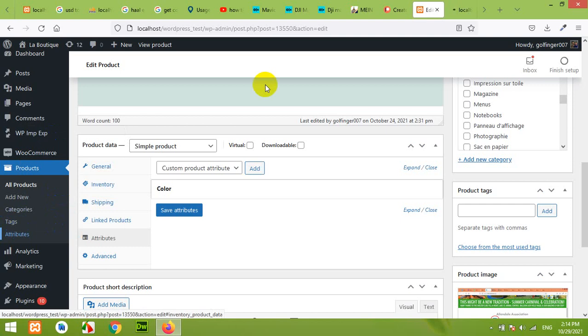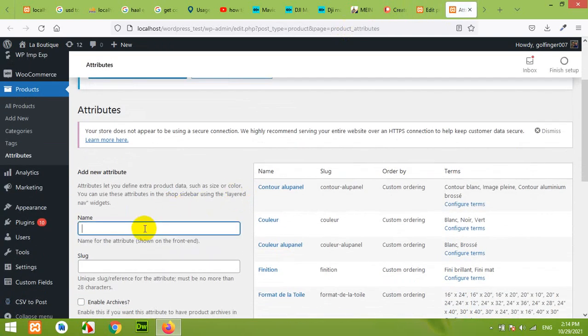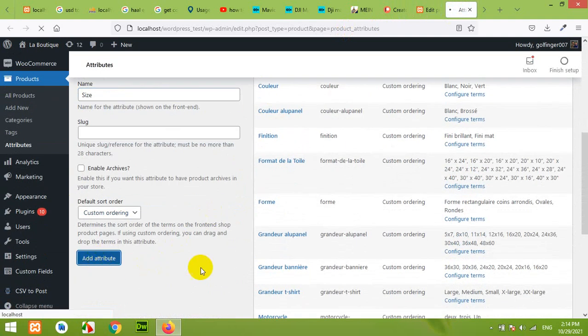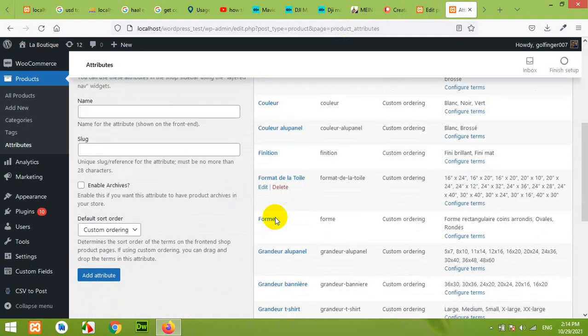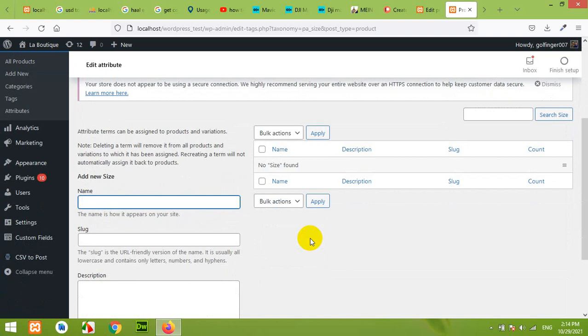Click on attribute. Now let's add a new attribute called size. Click on add attribute. Okay, now search for size and click on configure terms, because we have to add some values to this size as well.